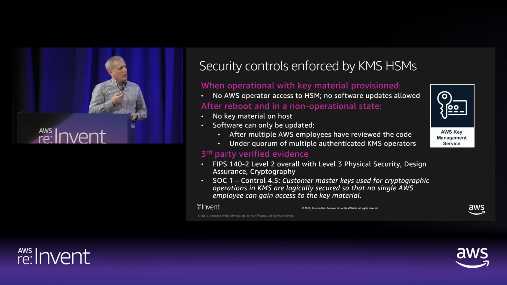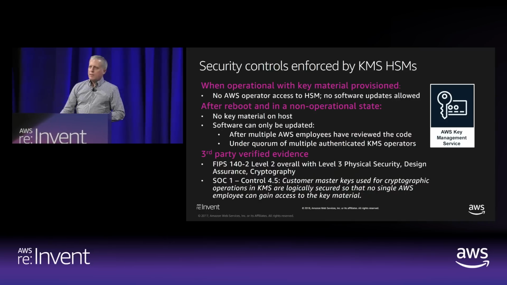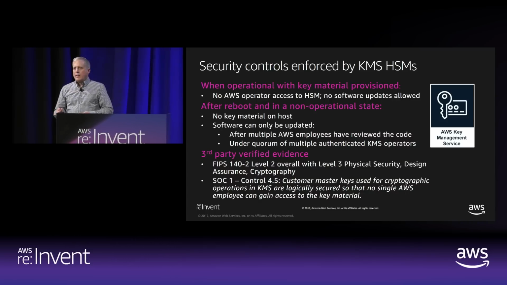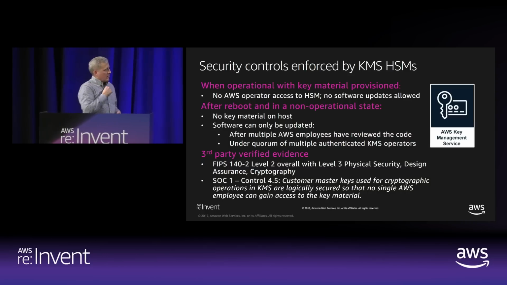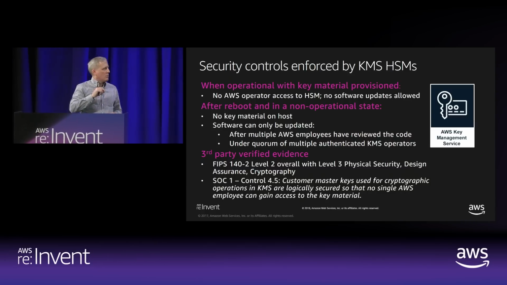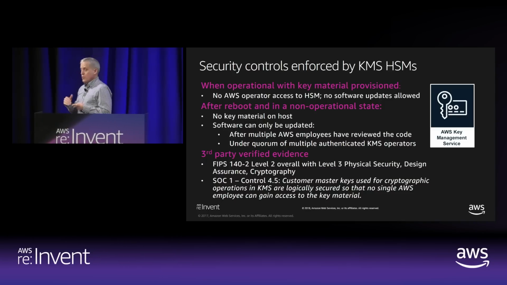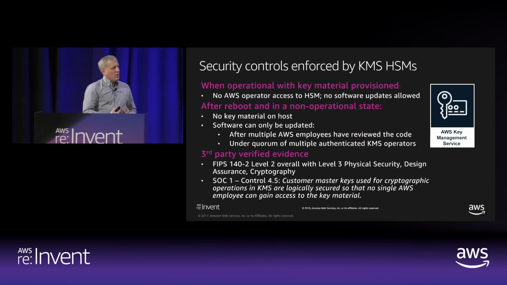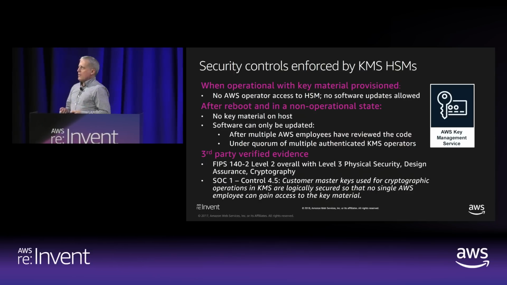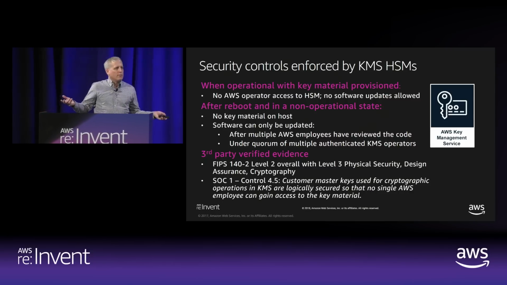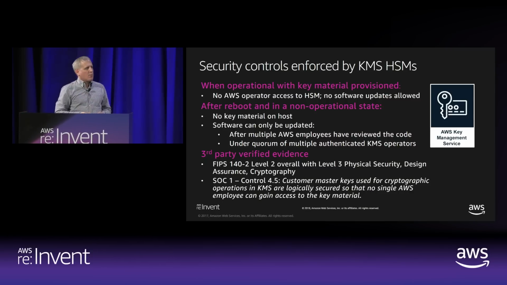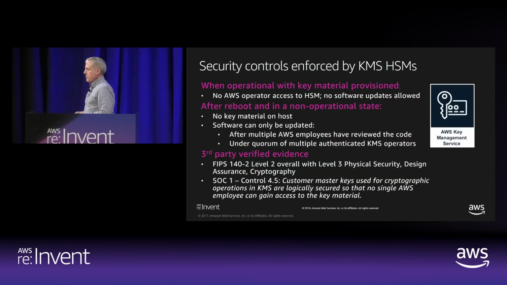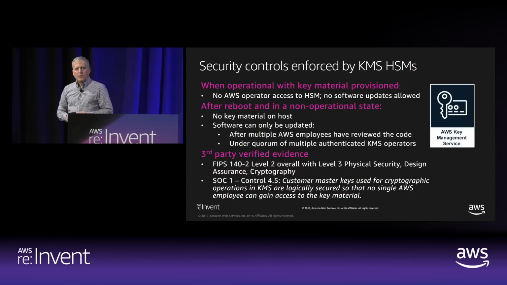Every time we do it, we are committed to resubmitting the new version of firmware to NIST under FIPS 140-2, and you will see that commitment inside our SOC control, which is now available for fall 2018. We have a new control related to our commitment to FIPS, and you'll see the certificate from NIST. So we've designed a system that we think has the right balance between security, availability, and durability. The security properties, again, are our promise to you. How do you know that we're not going to change those security properties? Because we have to violate FIPS to do so.